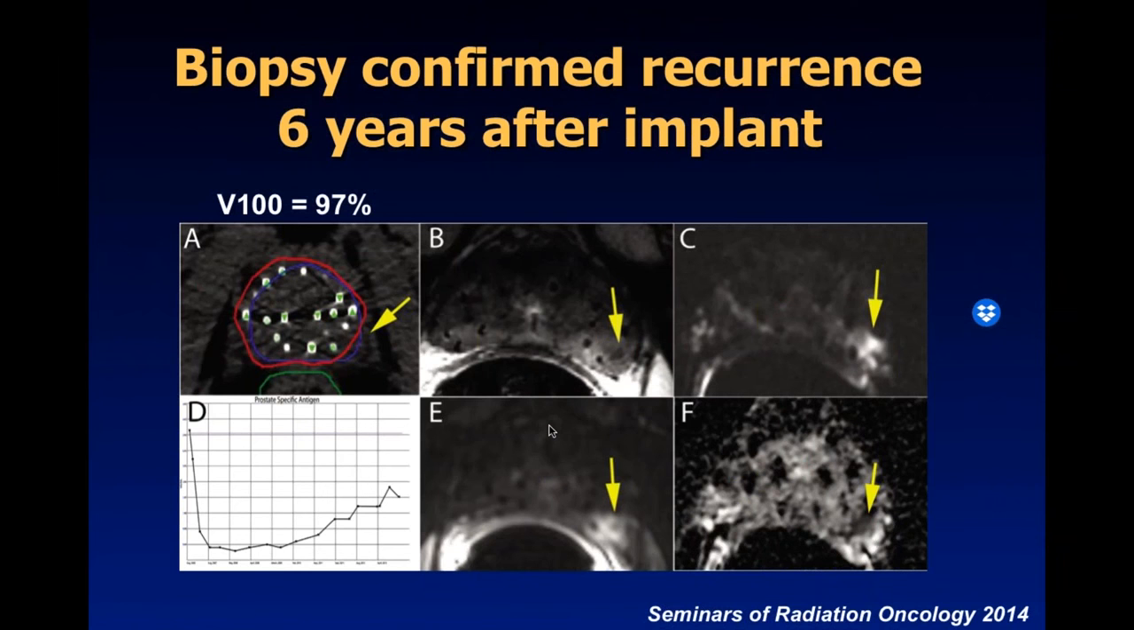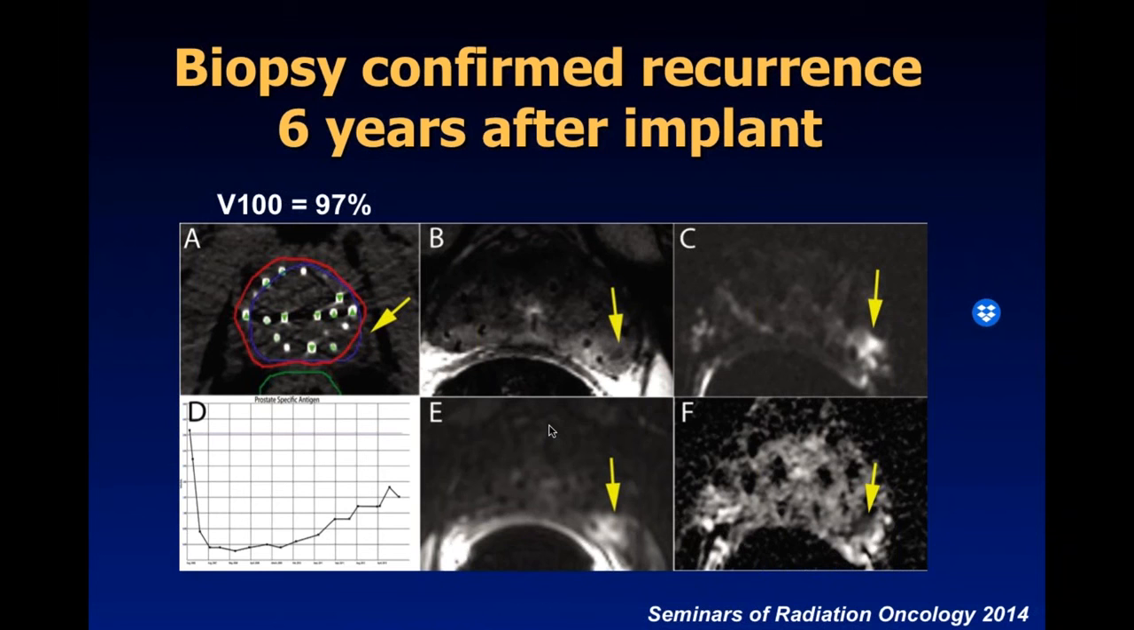Here's an example of a biopsy confirmed recurrence 6 years after an implant. And this is on column A. You can see where a CT post-implant dosimetry just showed where an isodose line, but the V100 was 97%. So for all intents and purposes, that would indicate this patient had received a high quality implant and really should do very well. And then post-implant, what we were able to do when the patient started having a rising PSA